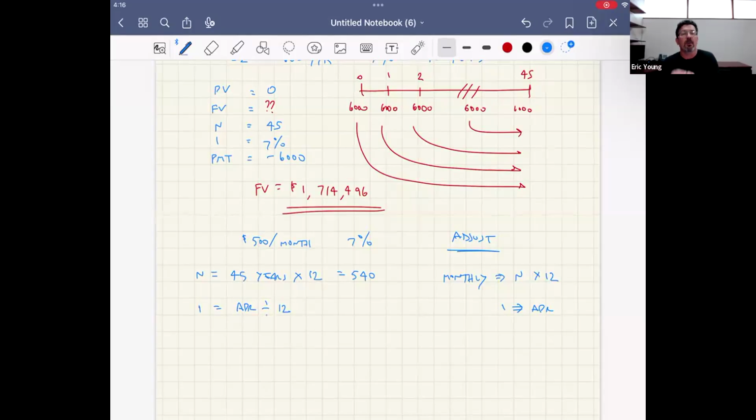If we're going from yearly to monthly, we have to increase the N to account for the number of months, but we have to deflate and decrease the I to account for the fact that they're going from annual to monthly. So this would be equal to 7% divided by 12, which would be